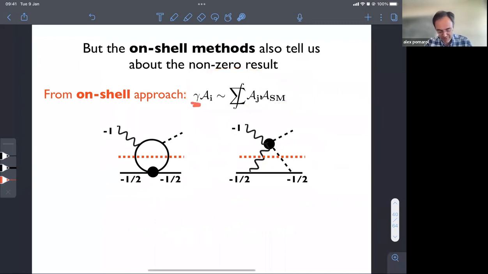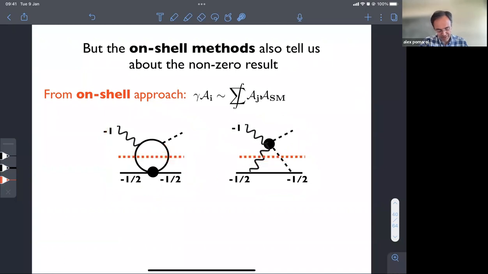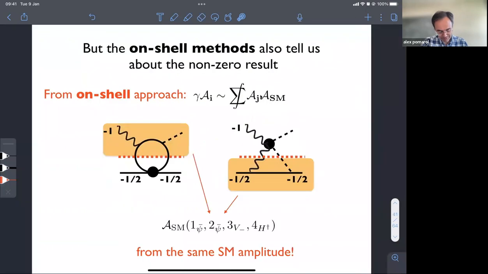The anomalous dimension can be calculated by a phase space integration of tree-level amplitudes. Looking at it from the loop, that corresponds to a cut here, having two amplitudes, one here and one here. Now I have the product of two amplitudes integrated over phase space. And now I see the similarity, because the amplitude I need in the standard model is exactly the same. This is two fermions, a vector and a Higgs,